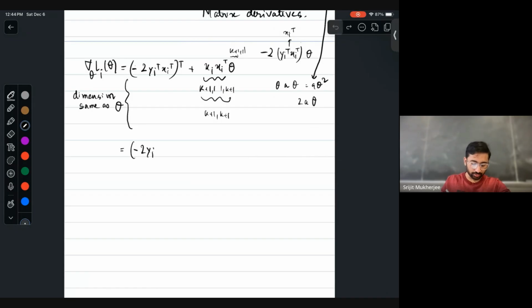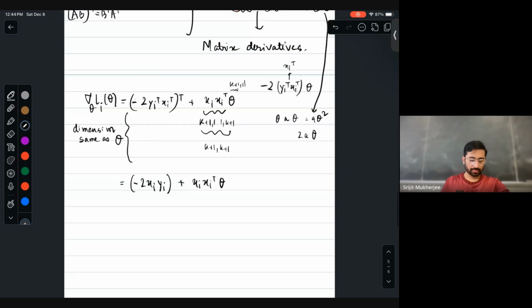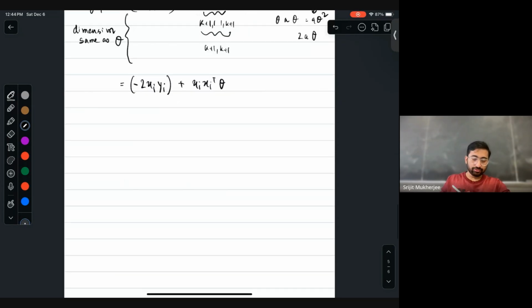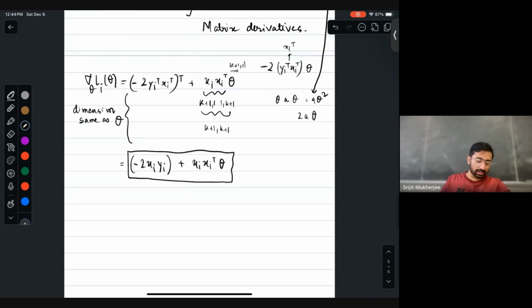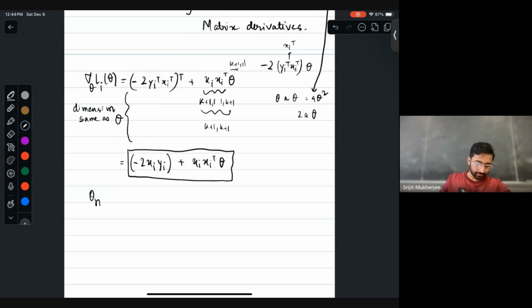So now, if you change the transpose, AB transpose is B transpose A transpose. It will be xi and then yi plus xi transpose comma theta. Okay, so this is the L theta. Now since you found this, you can now apply it. So how do you find the gradient descent? You apply